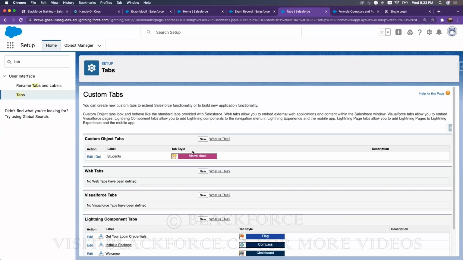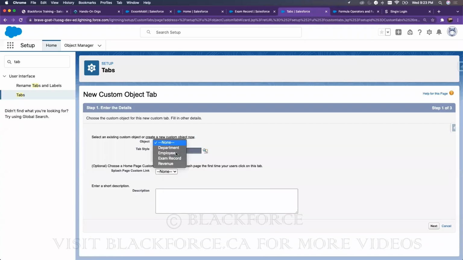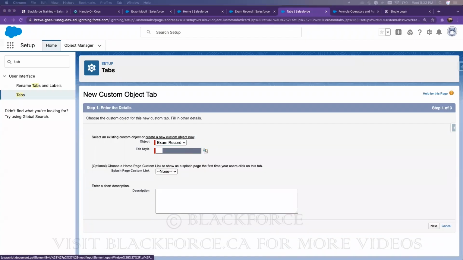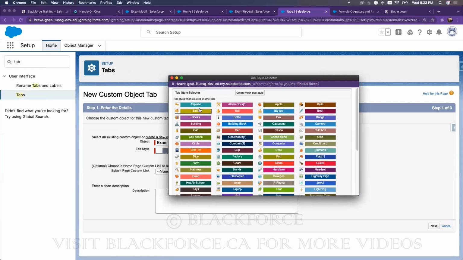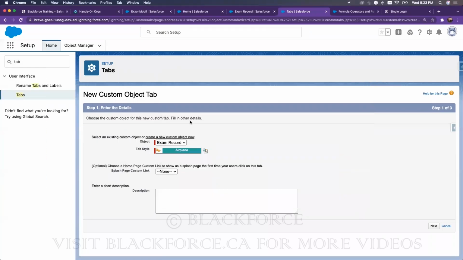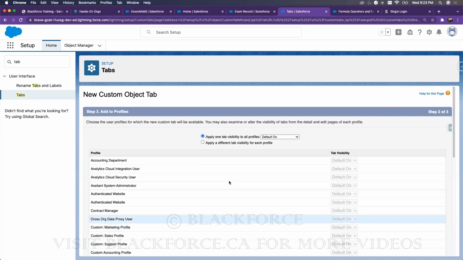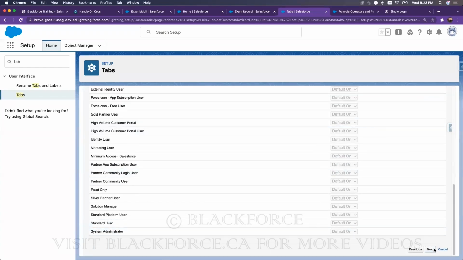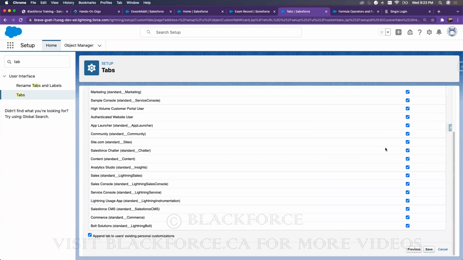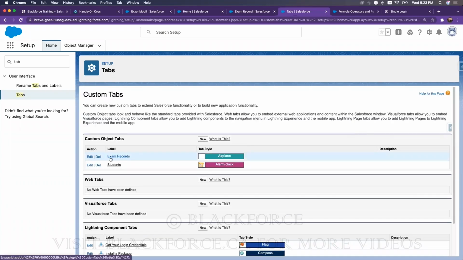Then I would create a new one and select exam records. The exam record, this color is just for Salesforce developers. You don't have to understand why you're selecting the colors, but for developers, you see the impact, okay? And I save. So now that I have added these tabs on my custom object tabs, if I go back